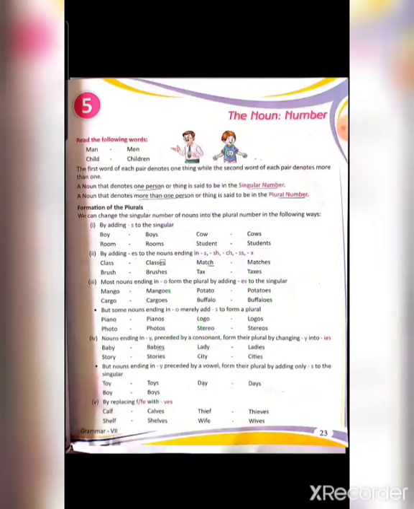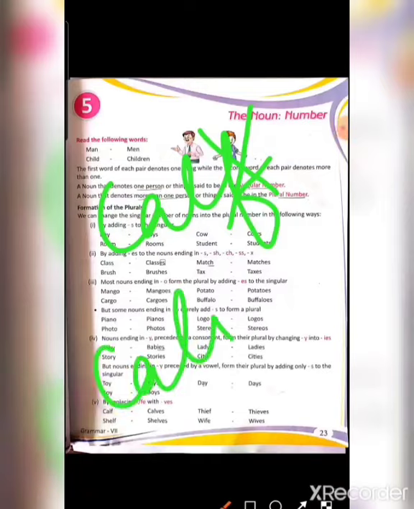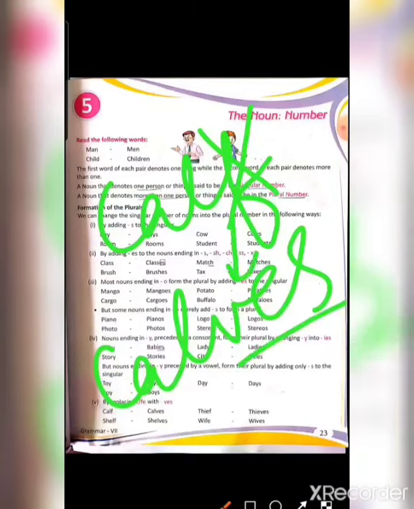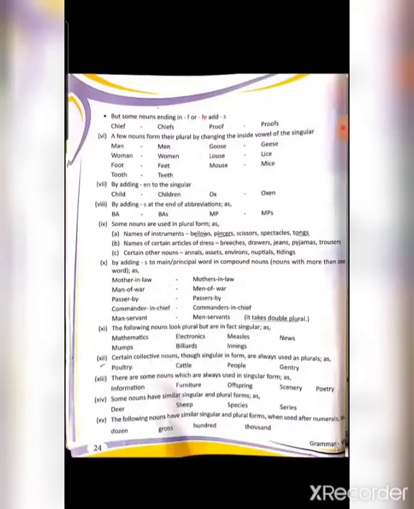Let us take one more example. Suppose calf is written CALF. So it is ending with F. So we'll replace F by writing VES, CALVES. So in place of F you will write VES. Okay. So we have done up till now 5 rules. Now let us do the exception to this rule.